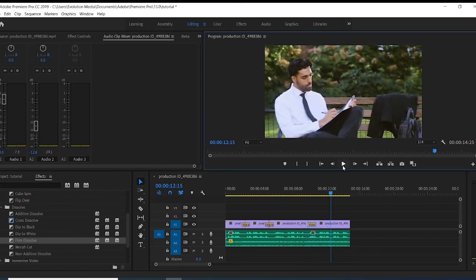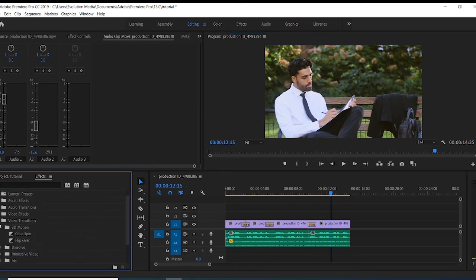So that is it for applying effects. You can use different effects that you have here depending on whatever it is that you want to achieve. Your audio effects, audio transition, video effects, video transition, whatever it is that you want to achieve. If it's a video effect that you want to do, maybe you want to blur something, you can put it.